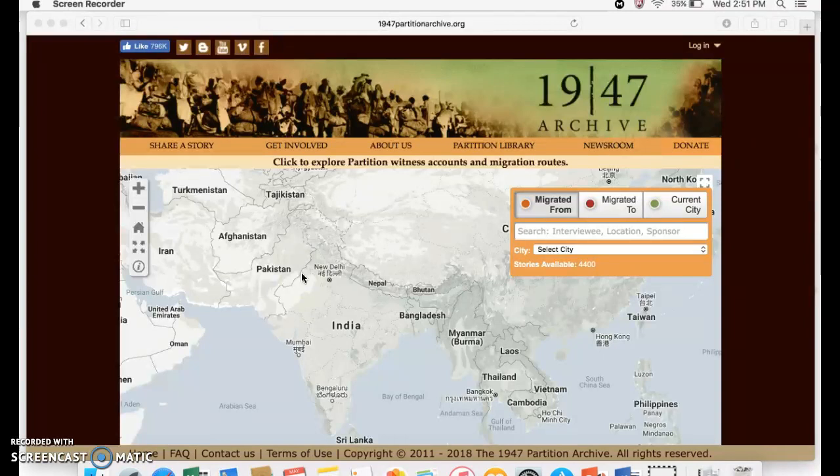And just briefly about the 1947 partition. The British Indian Empire in 1947 was partitioned into the Dominion of Pakistan, which later split into Pakistan and Bangladesh, and the Union of India, later the Republic of India. So one result of this partition was that millions of Hindus, Sikhs, and Muslims were forced or decided to leave their ancestral homes and move their families to other countries. It was probably the largest mass migration event in human history, if not the largest mass migration in human history.